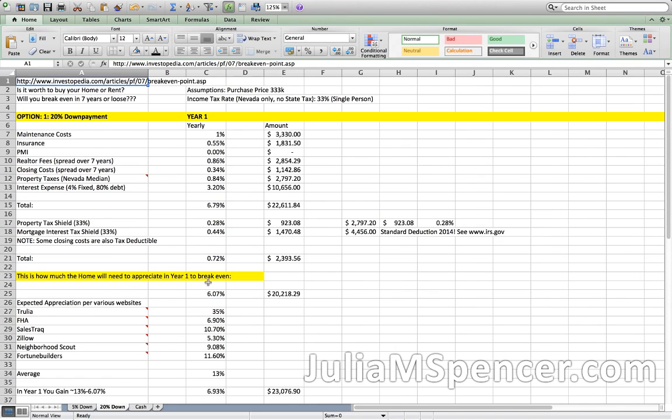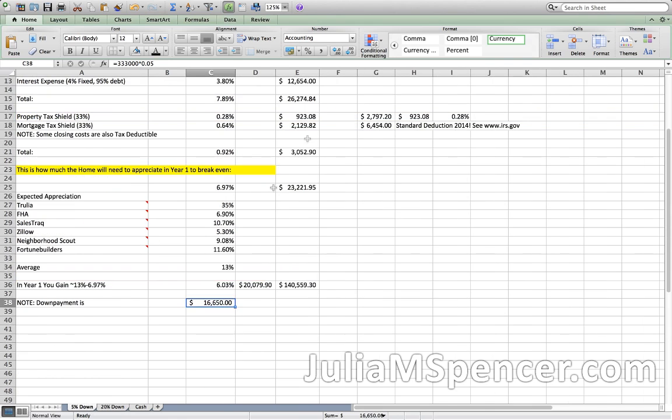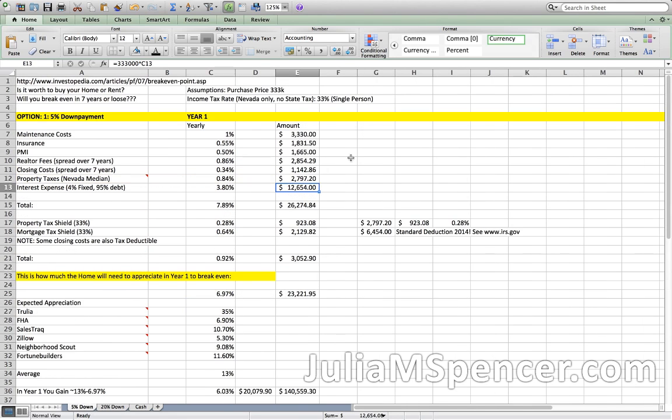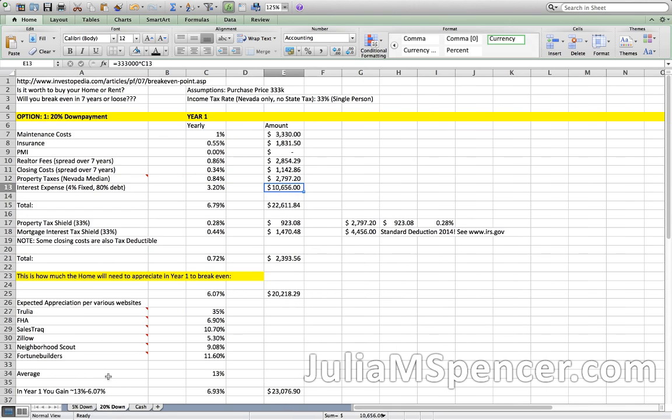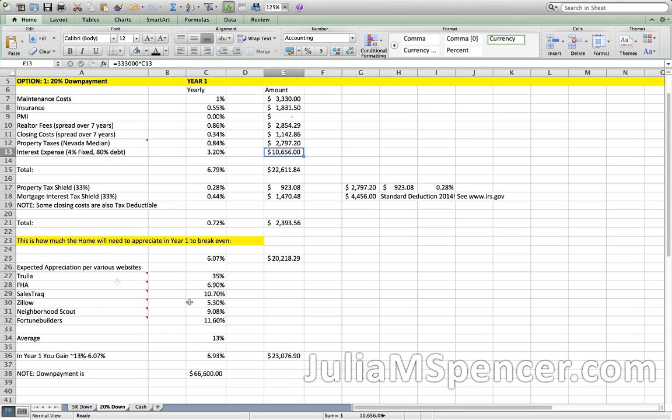So let's look at this sheet. This sheet is the 20% down, and the calculation essentially is the same. I'm not going to walk through it again one by one. You see the numbers where I've changed them. You don't have to pay a PMI anymore. Also, your interest is lower than at the 5%, obviously, but not much. It's only about $2,000. And so basically, this home would have to appreciate by 6.07% over a year to break even,